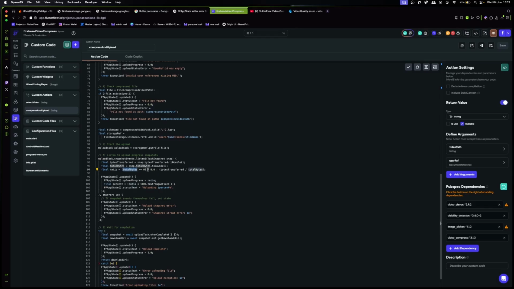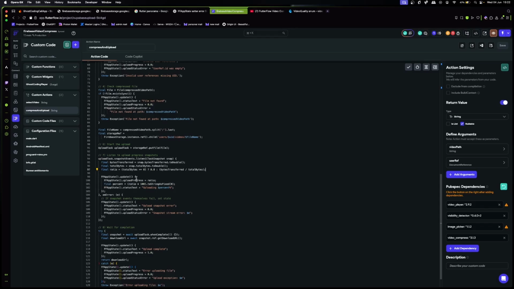If the total bytes is equal to 0, then we're just going to put the double to 0.0, making sure we specify that it is 0.0. Else, we're going to do bytes transferred divided by the total bytes. That way we also get a double value, right?